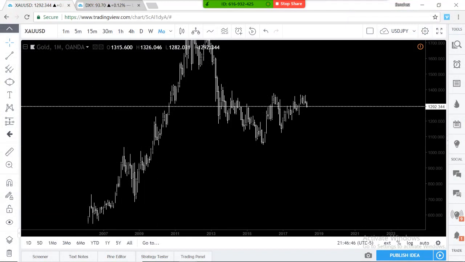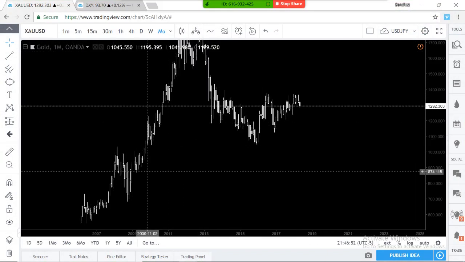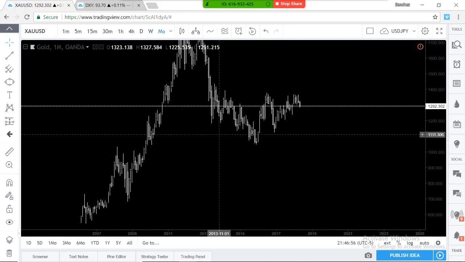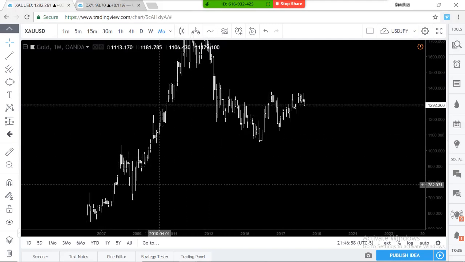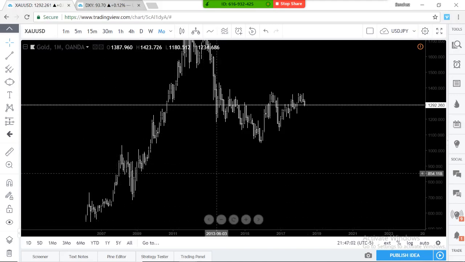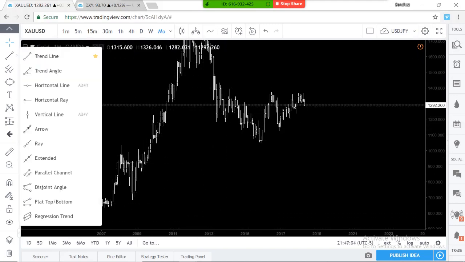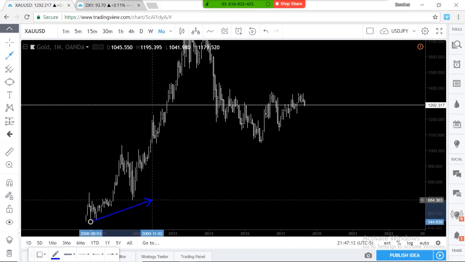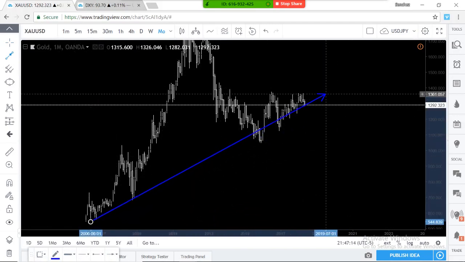So right now we're looking at XAU versus USD. As you can tell, this is gold, right? We're comparing the value of gold versus the value of the United States dollar at this particular time. If you start on the monthly, you can see since the beginning of time, 2007, you can immediately see something. I'll go ahead and point it out if you don't. Where is my arrow? From the beginning of time, all the way up.